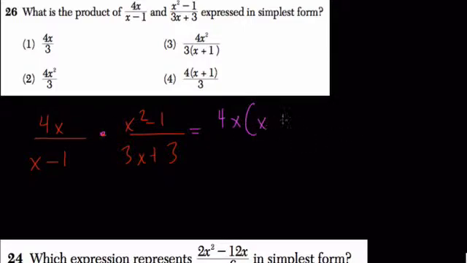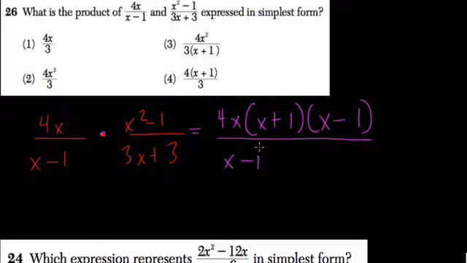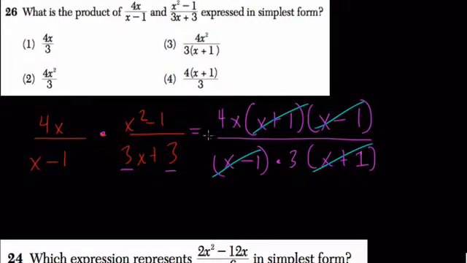So the square root of x squared is x, of 1 is 1, and of course the format for difference of two squares is we add the two square roots and then subtract them. Don't even bother distributing yet because we're going to try to cancel out. Here we have x minus 1 times 3x plus 3. Well, we'll factor out the 3, times 3 times x plus 1, like this. So look for like parentheses that cancel out. The x plus 1's cancel out, the x minus 1's cancel out, and what's left over is 4x over 3,